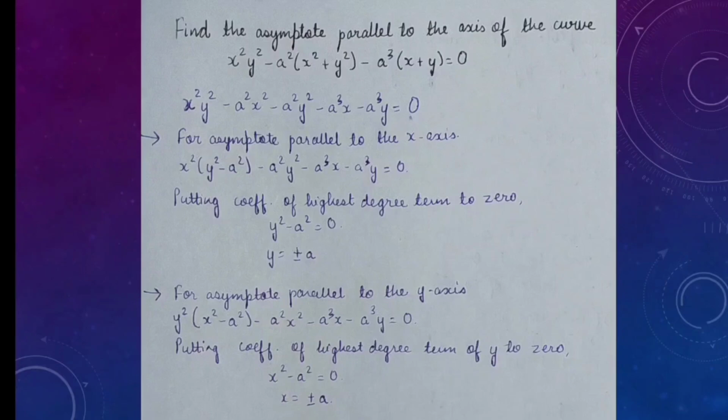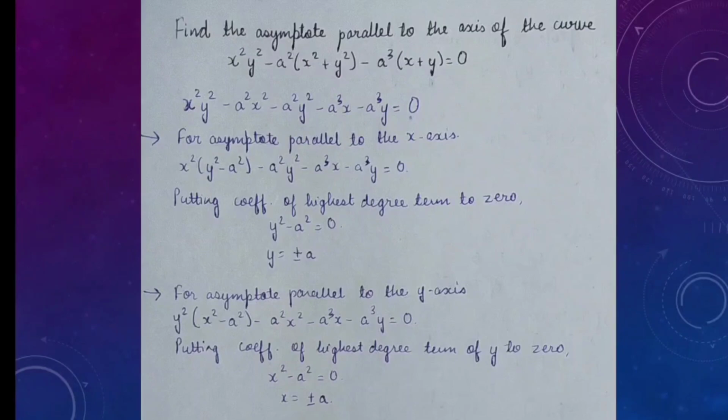Question based on it. Find the asymptotes parallel to the axis of the curve x square y square minus a square (x square plus y square) minus a cube (x plus y) is equal to 0. Opening the bracket, we get x square y square minus a square x square minus a square y square minus a cube x minus a cube y is equal to 0. So for asymptotes parallel to the x-axis, the coefficient of highest degree term of x is y square minus a square. So we'll equate it to 0 and we'll get y is equal to plus minus a